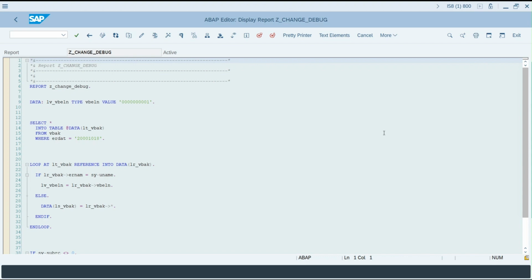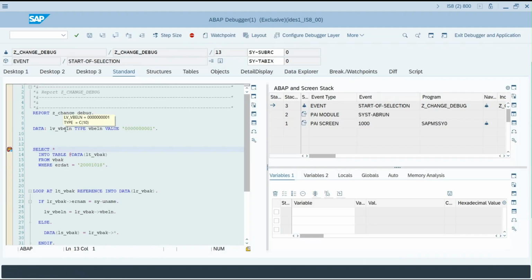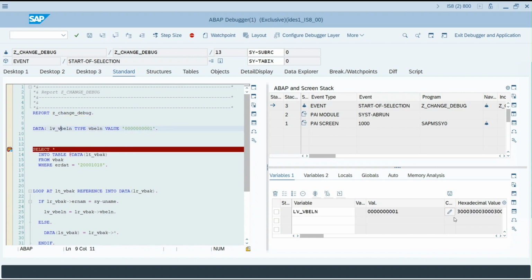I will show how you can view, change, and add data in the ABAP debugger for different types of objects, and how you can load data into the ABAP debugger. I have a test SAP program. I can go to debugging ABAP with /h or a breakpoint like this. I will tell you about more ways to get into the debugger in the future. First example: an ABAP field, double click the ABAP field.